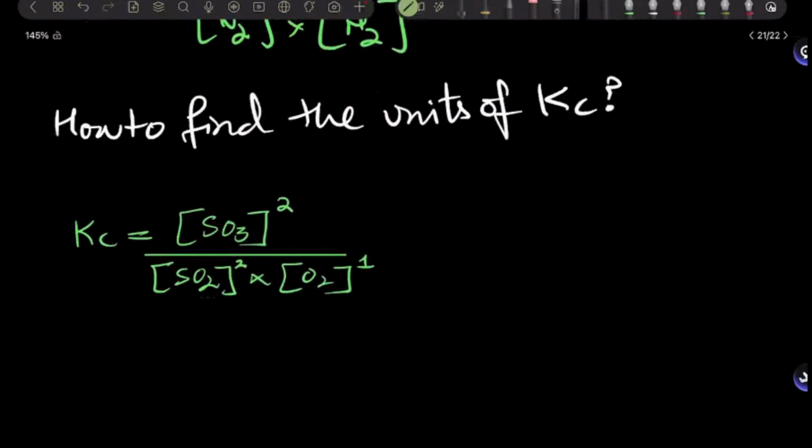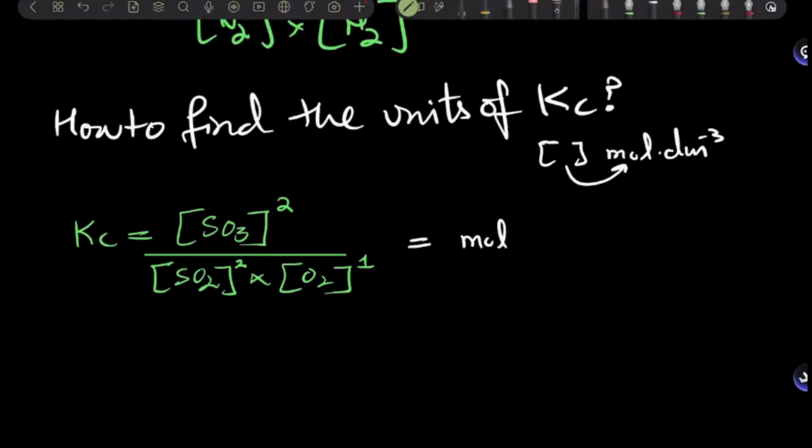Now, in order to find the units of Kc, whatever units of Kc will be left over here, you need to figure out what units are present over here. Now, do remember, what does a square bracket mean? The unit is mole per dm cube. One square bracket represents mole per dm cube, right? So how many mole per dm cubes do I have on the upper side? Yep, 2. I have 2 times mole per dm cube, so mole per dm cube into mole per dm cube